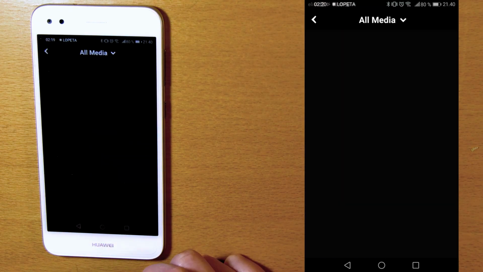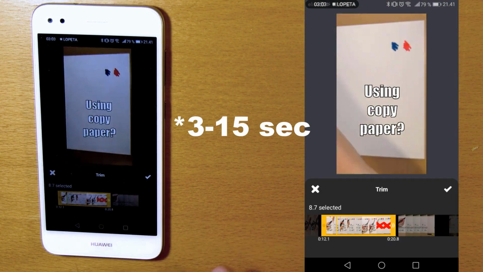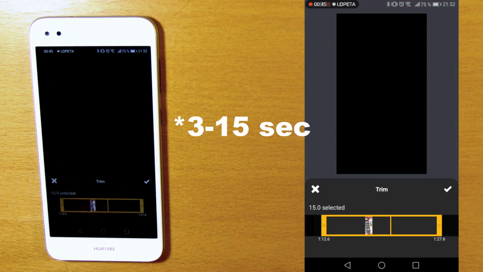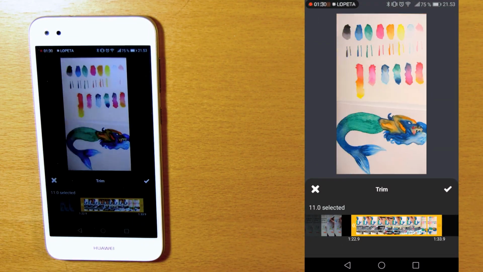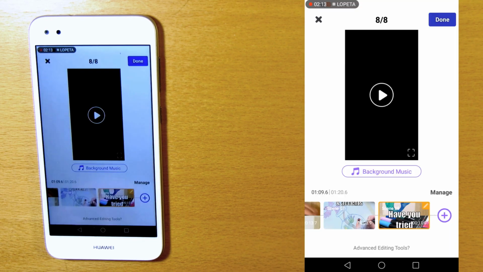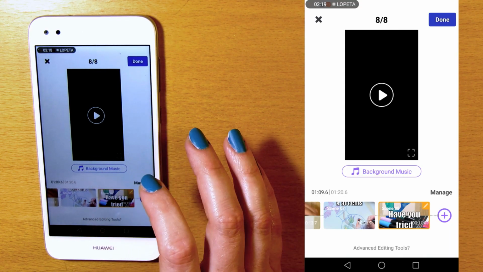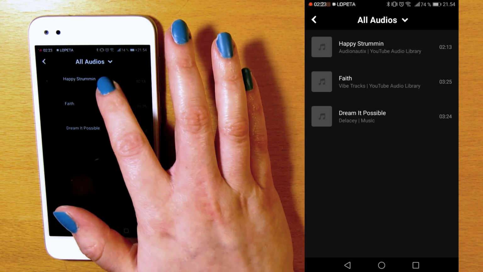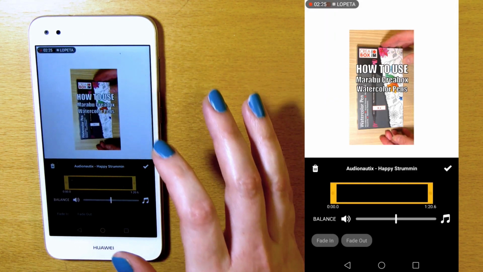They have to be a certain length, which is 5 to 15 seconds, at least in the current instructions, and the maximum number of scenes you can add is 10. When you're finished adding all the scenes, you can add background music for the whole story. Select it from your audio files, and again, you can move it to cut it.